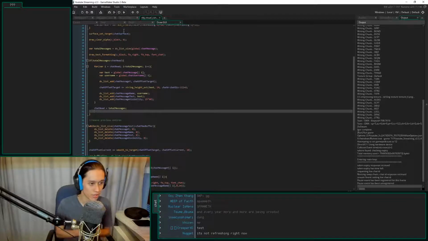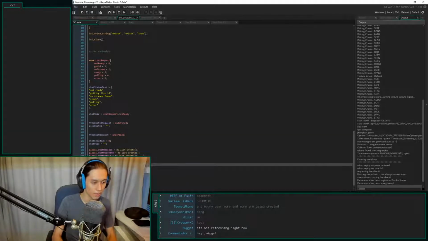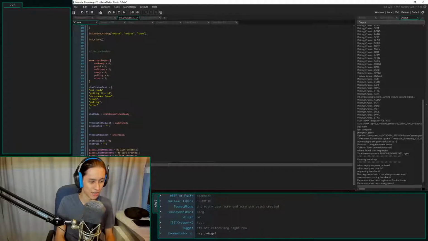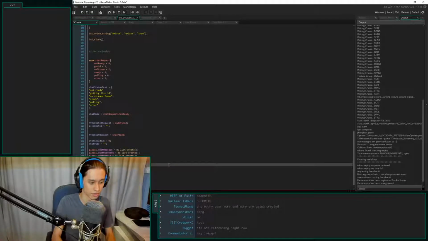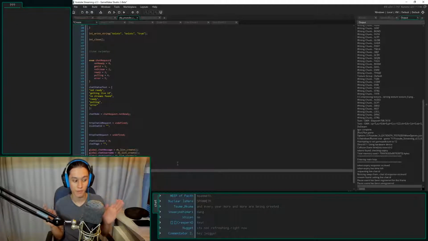Next thing I want to do is create a map. Where is my YouTube controller? Here we go. I'm going to global.chat. No, you know what? I want to store our online users. So online users equals ds map create. What this is going to do is store, if you send a message, the amount of messages, and the amount of time that you've been online. And then after a certain amount of time, it's not refreshing.